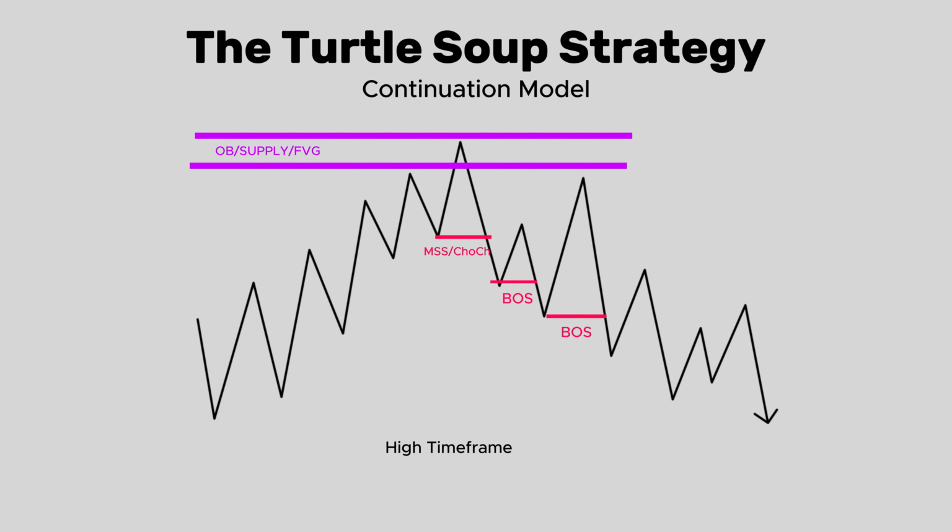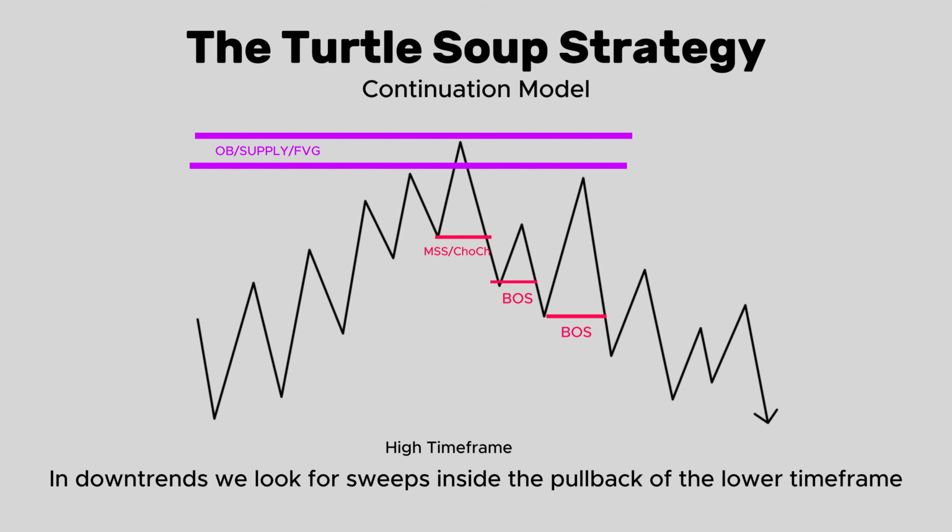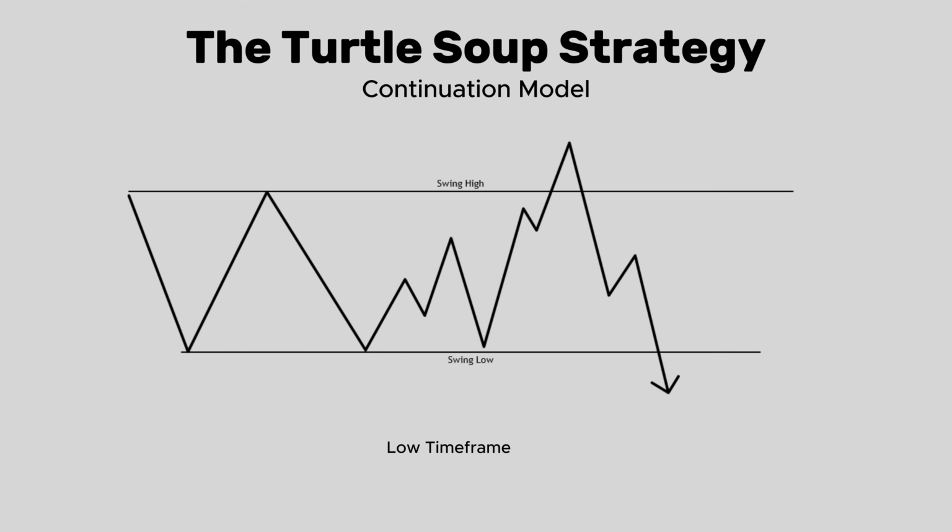So right now, the market has entered a downtrend. In a downtrend, applying the turtle soup continuation model, we look for liquidity sweeps inside the lower time frame of the pullback. So for example, this price action is minimized into a lower time frame, and it should look like this. Low time frame consolidation. The buying momentum increases, which drives the price up, sweeps liquidity, and instantly breaks below the